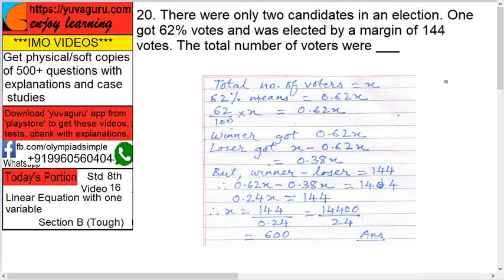So this is an easy one but tricky one. You need to understand the meaning of percentages and the meaning of two candidates. Okay. When you have two candidates, either the vote can go to A or